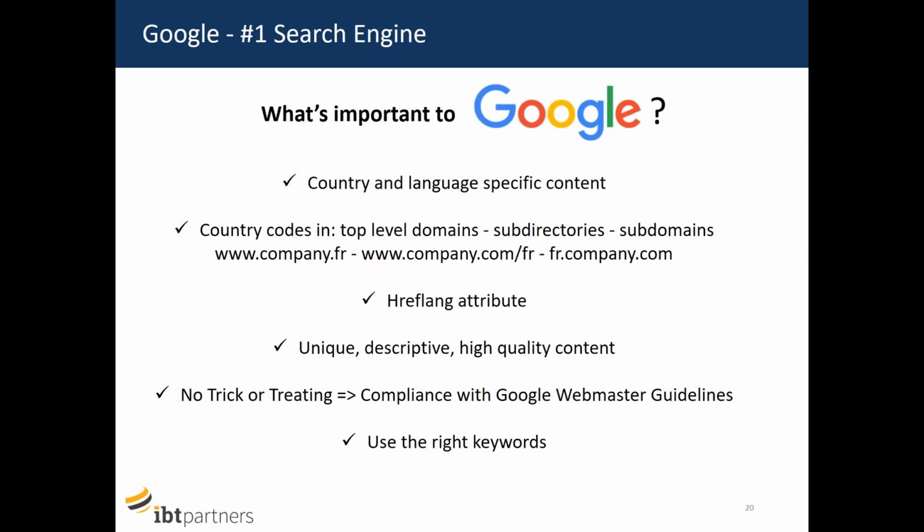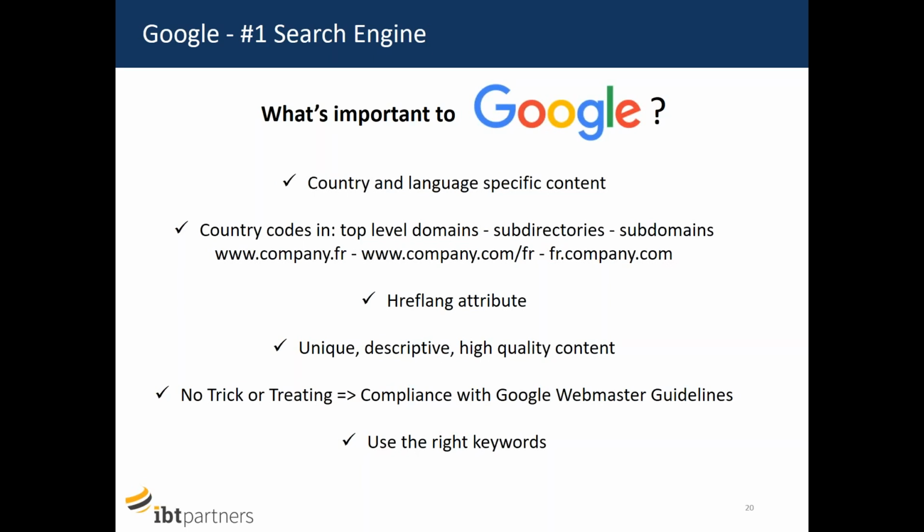And what does this also mean in terms of Google? I think there are three things that are really important for all websites anywhere. That's to use the right keywords, to make sure that you're compliant with the search engine guidelines, and Google publishes its Google Webmaster Guidelines, which you can download for free and look through. And then obviously to use really high quality content, which is very important for Google.